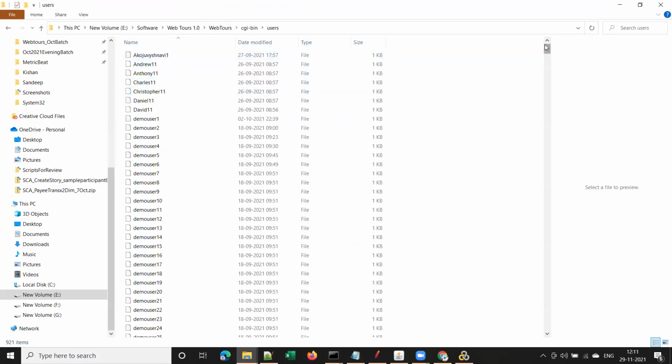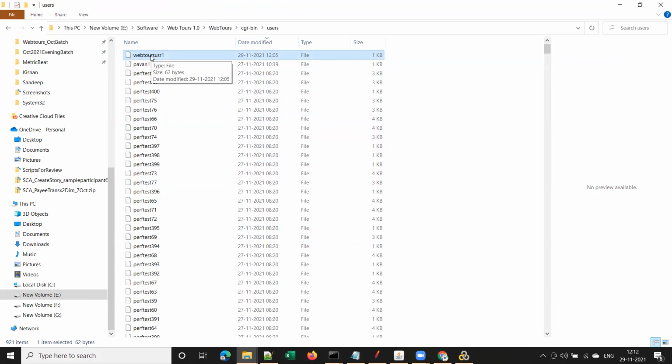In that you can see the users you already registered, all the usernames. You can sort by date modified. See, this is the username that I registered just now, isn't it? You can see the date and time here. This user registration was done at 12:05 today.